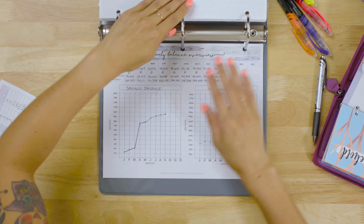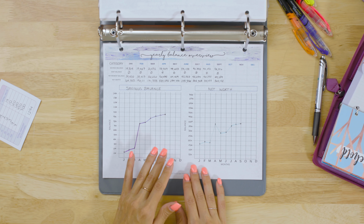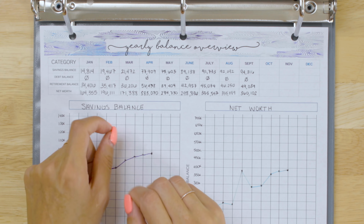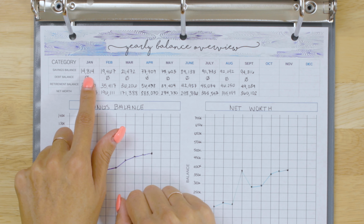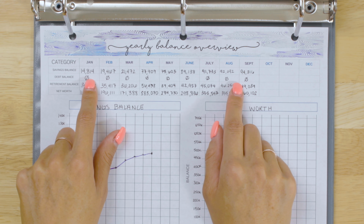The next worksheet that I like to fill out in a new visual tracker is my yearly balance overview. What is your savings balance doing every month? Your retirement, your debt, your net worth, all the things that are going to tell you whether or not you're making true progress, and progress for the better, in your finances. So my savings balance, it's amazing. I started with $14,800 in January in my savings account. This month, I'm at